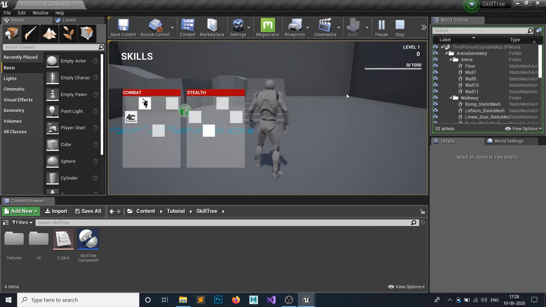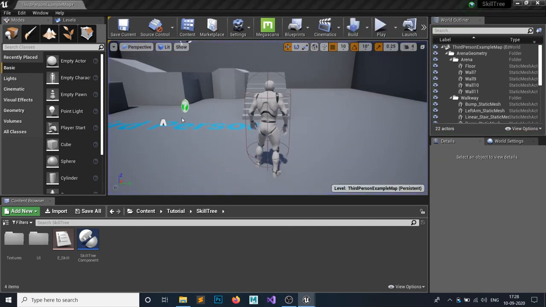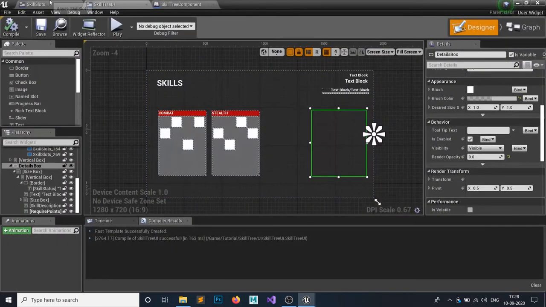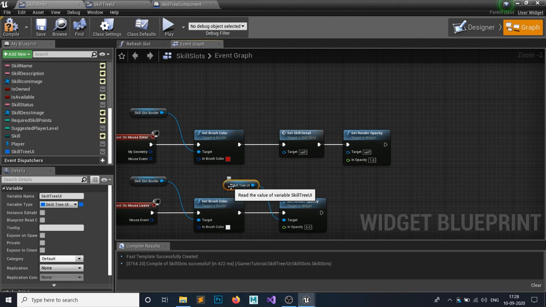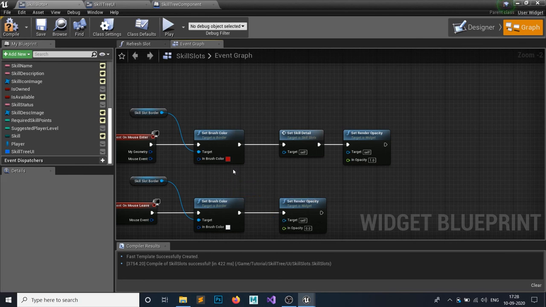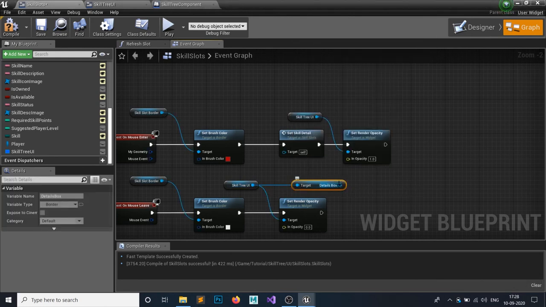Tab, it is not spawning in here, but if we hover over this, you can see, okay, what is this spawning? Sorry for that. We don't need this skill tree UI. We need this skill tree UI, and from it get the detail box, and attach this detail box to the target, not this skill tree.